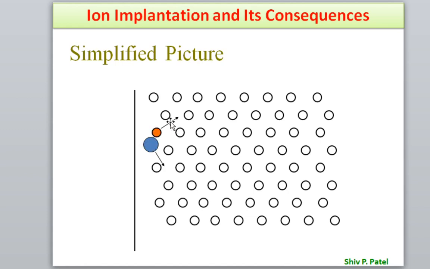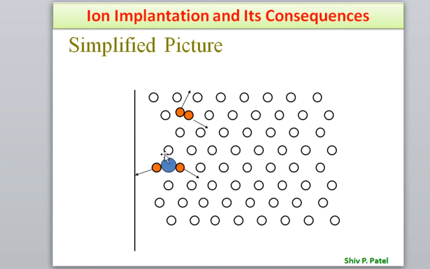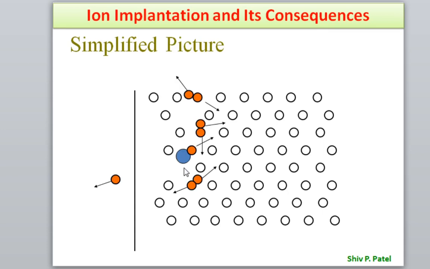Then this target atom will recoil. It will move if the energy is sufficient, and it will also change direction. This happens in low energy ion irradiation, because direct nuclear atomic collisions take place. This atom also gets energy, and this ion is deviated from its path. Cascaded collisions take place: the energetic ion collides with an atom, that atom collides with another atom, and the ion again collides with another atom. This creates a lot of displacement within the material.